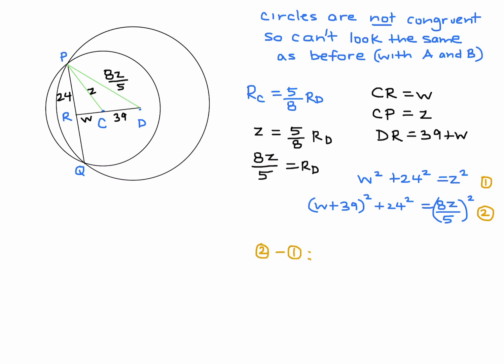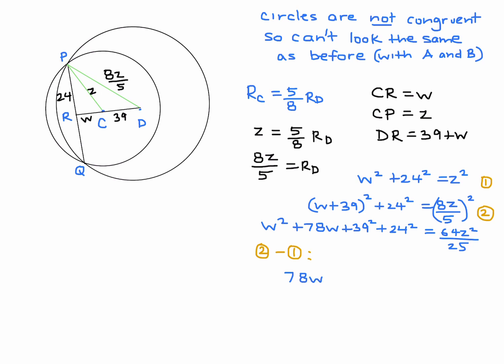And let's do a little bit of simplification before we subtract them. Expanding this, W squared plus 78W plus 39 squared plus 24 squared. And this is 64Z squared over 25. Okay, now we can subtract. And when I do, a lot of stuff cancels. I'm just left with